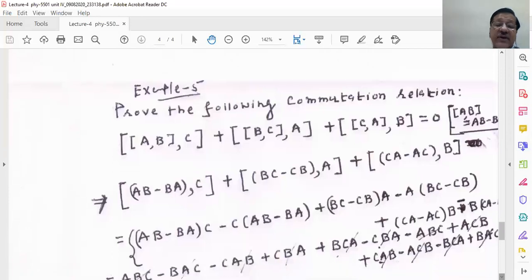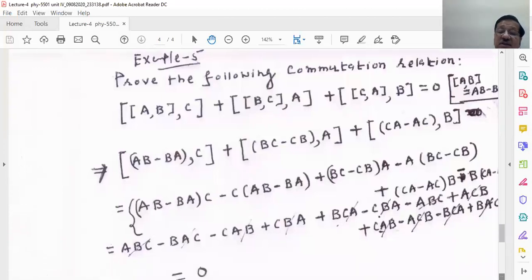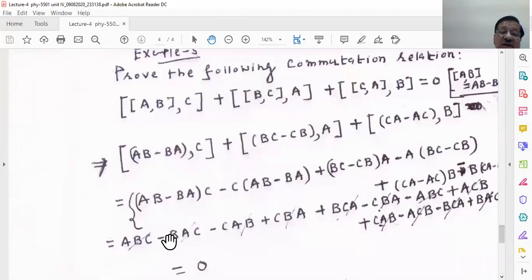So this again you can see, again I solve this commutator, so you can see AB minus BA. You can look at the first commutator, this is a commutator having these two terms. The second commutator will have these two terms, and the third commutator is having these two terms. And as you see now, if you solve this arithmetic algebra, you can see that they will cancel each other and you will get 0.